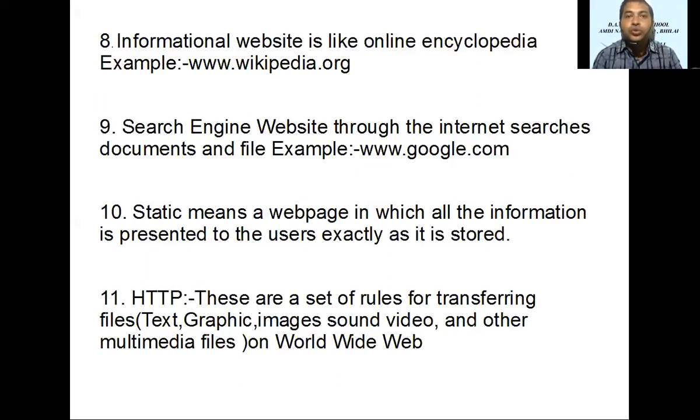Example, www.google.com, your search engine website. Okay, famous website, www.google.com. And point number 10, static means a web page in which all the information is presented to the user exactly